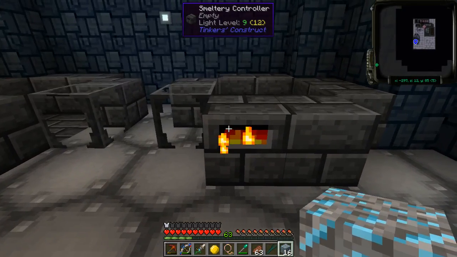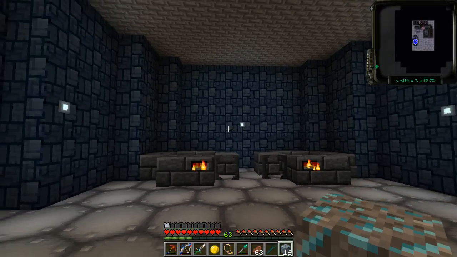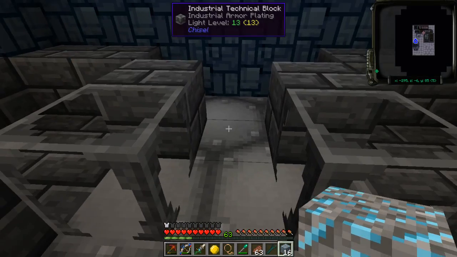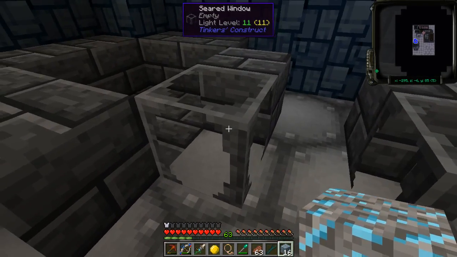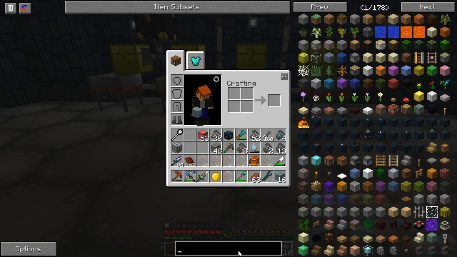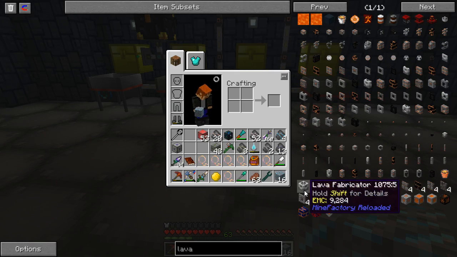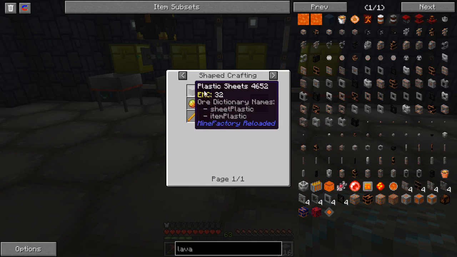I do have a bunch of smelteries over here, 2x2s, because it fit rather nicely in my building. It's one of those, I put the building up first and now I'm going to retrofit it to what I need. But in the basement down there, I'm going to put some lava gen to get these things going. And actually, I may just put a lava fabricator or two down there instead. I could do a magma crucible, or doesn't MFR have a lava fabricator? It does. Power usage 800 RF per work. I don't know how much RF or how much work it needs per